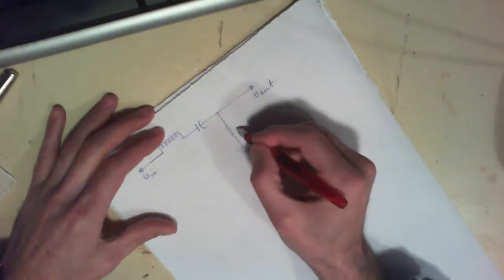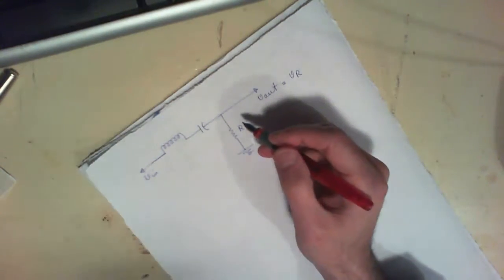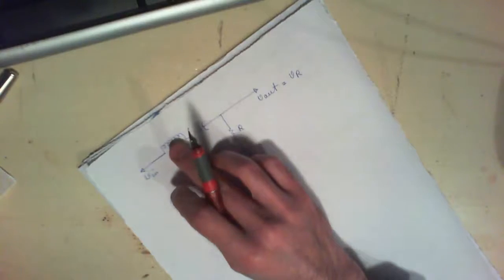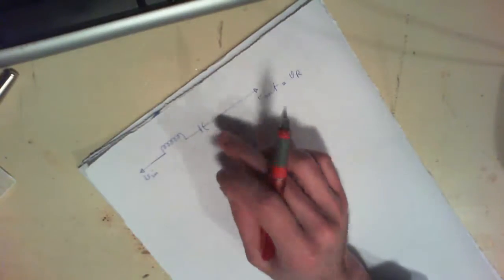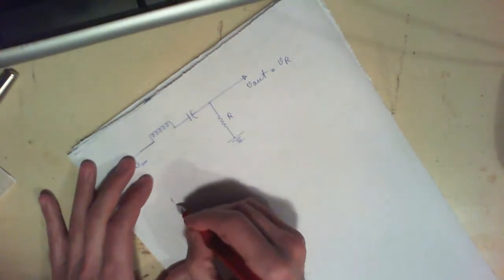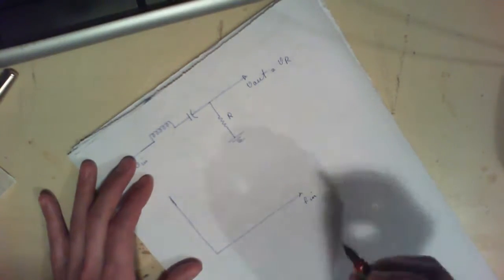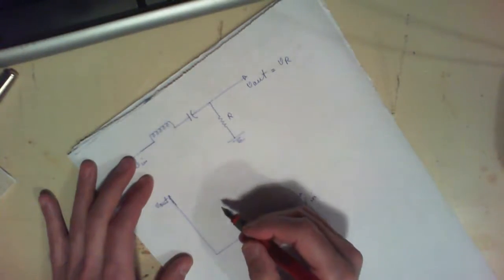your V of out is actually your V of R, the voltage across this resistor over here, and there will be some sort of reactance related to the inductor. There will be some reactance related to the capacitor, and at some point you are going to have some peak in your voltage, meaning that at some point in frequency, let's say this is F of in and this is V of out, at some point over here you are going to have